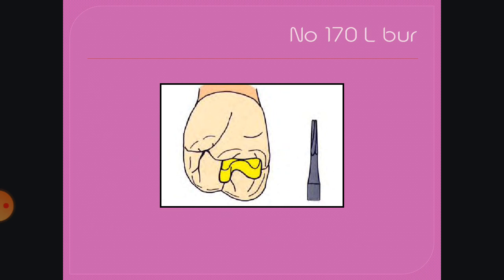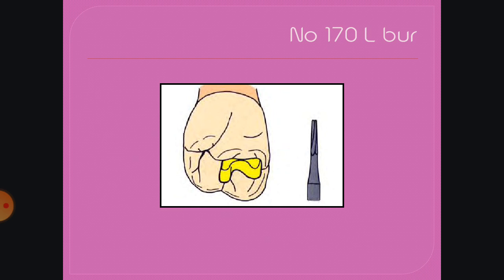One thing you have to remember is the margin of the preparation has to be at least 1 millimeter away from the occlusal contact. You cannot make the margin on the occlusal contact; the opposing cusp should come into contact either with natural tooth structure or with the restoration. The margin should never be on the area of contact.